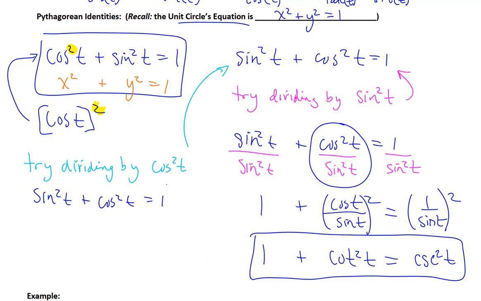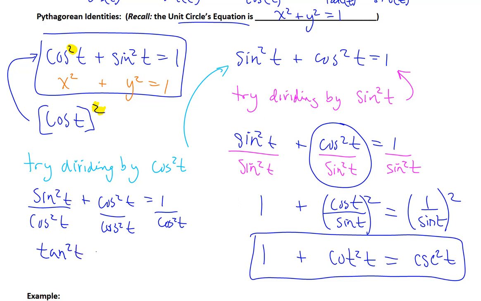But if I divide everything by cosine squared, one term at a time, then what do we have? Well, the first term would be sine squared over cosine squared, which you may recall as tangent squared, right? So I'll just write the final version here. This is really tangent squared